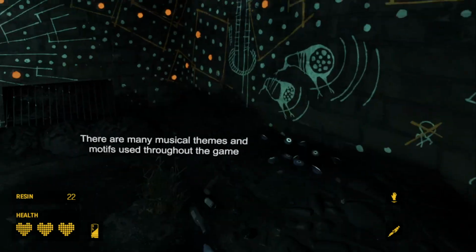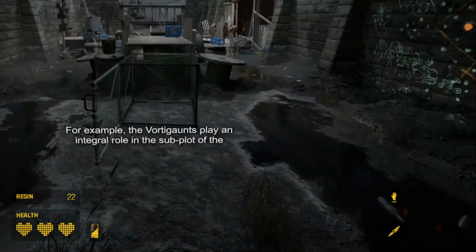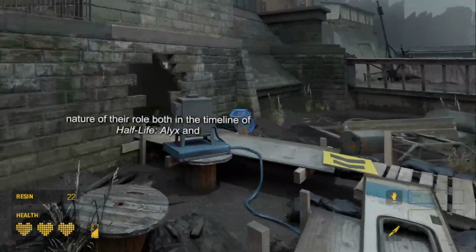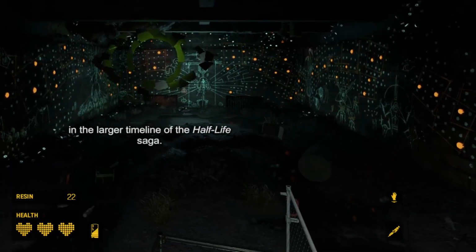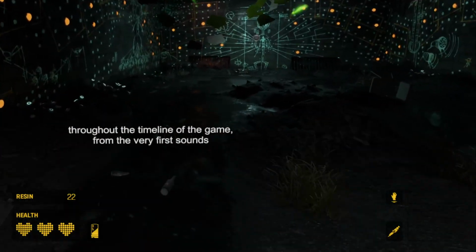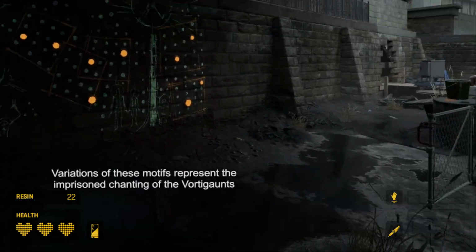There are many musical themes and motifs used throughout the game to represent unspoken aspects of the story and lore. For example, the Vortigaunts play an integral role in the subplot of the game, and we chose to use music to subconsciously communicate the repeating nature of their role both in the timeline of Half-Life: Alyx and in the larger timeline of the Half-Life saga. Within the music in this scene, you'll hear variations of themes used throughout the timeline of the game, from the very first sounds of the game up to the finale in the vault. Variations of these motifs represent the imprisoned chanting of the Vortigaunts,